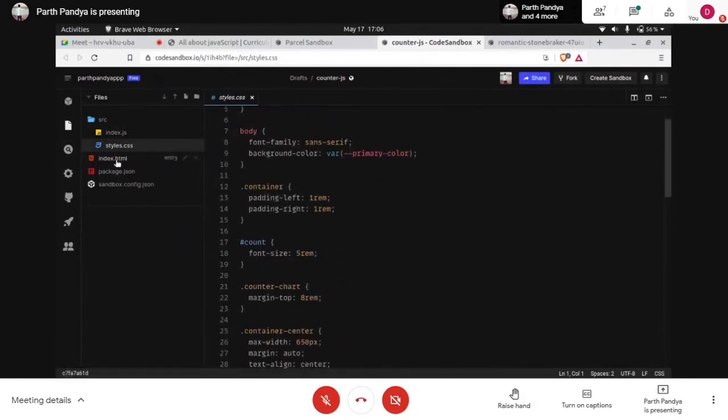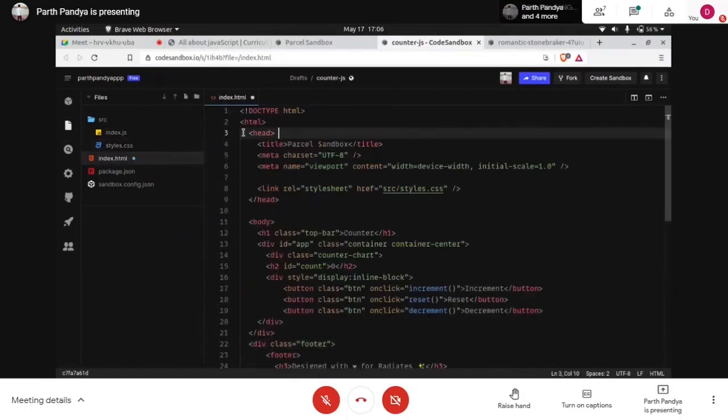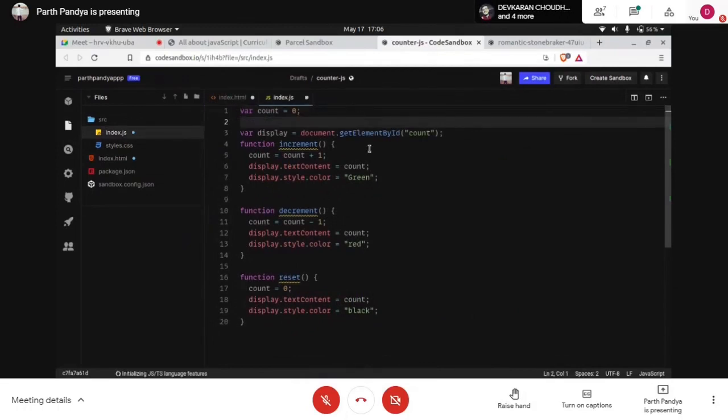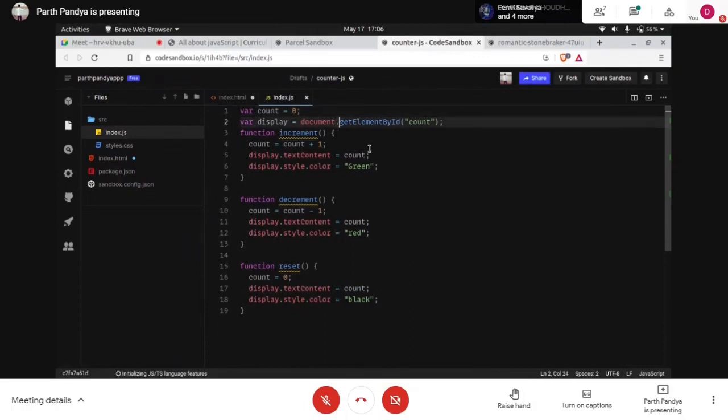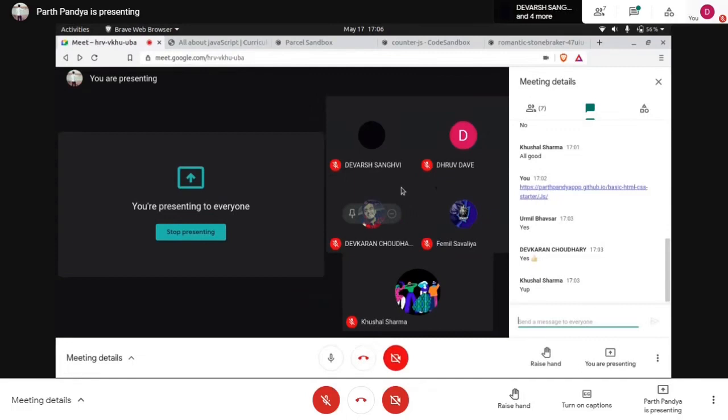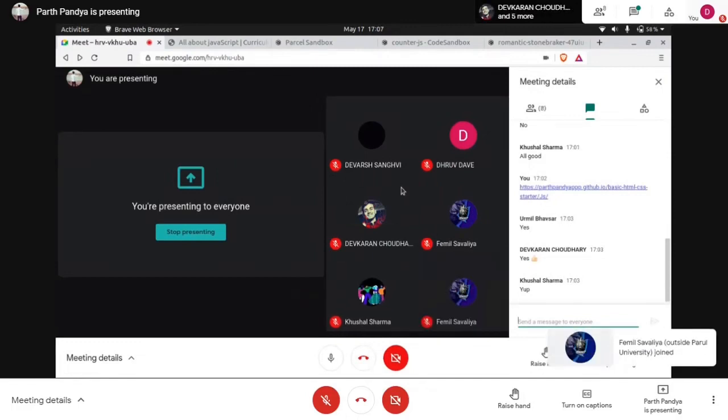Okay, now let's go to the HTML file. We will need this, and we also need this JavaScript file. The JavaScript file has just three functions, and we have a query selector. Like CSS selectors, which we learned in yesterday's session. CSS selectors are meant for targeting a particular HTML tag.